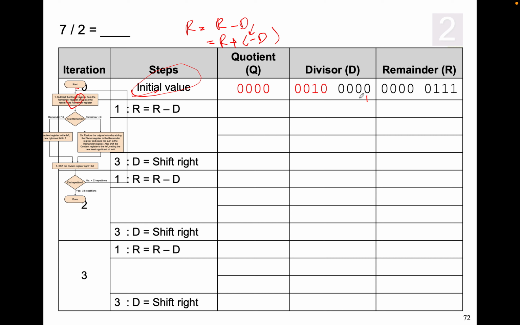First, you change it into first complement, and then you add 1. There is a carry. So this value you add to your remainder here, 1110 0000. That's why your answer will be